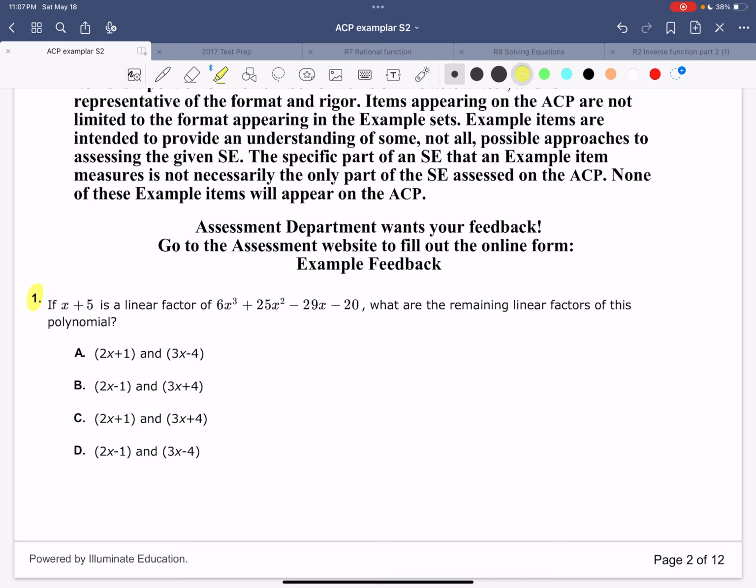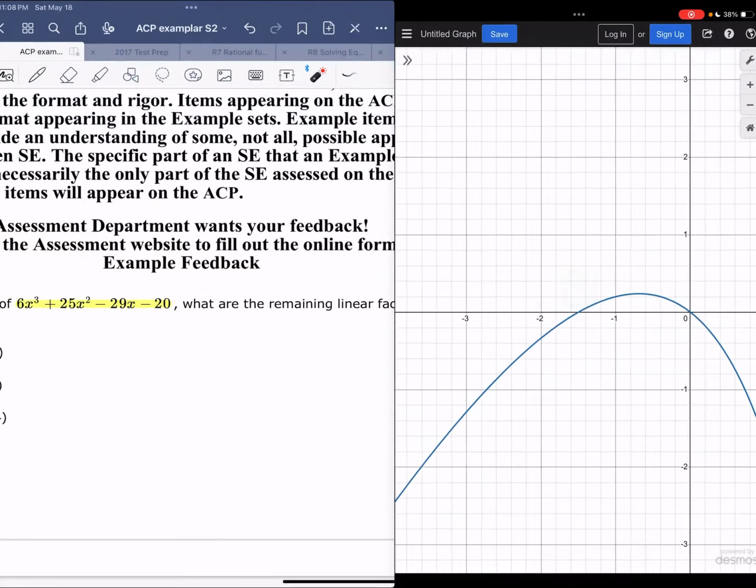So question number one. First, what you have to know is which questions you can use Desmos for. As soon as you see something that looks long like this, always double check if it has a small one as well. What you have to do is put the longer one divided by the second one into Desmos. Okay, so if I put Desmos here,